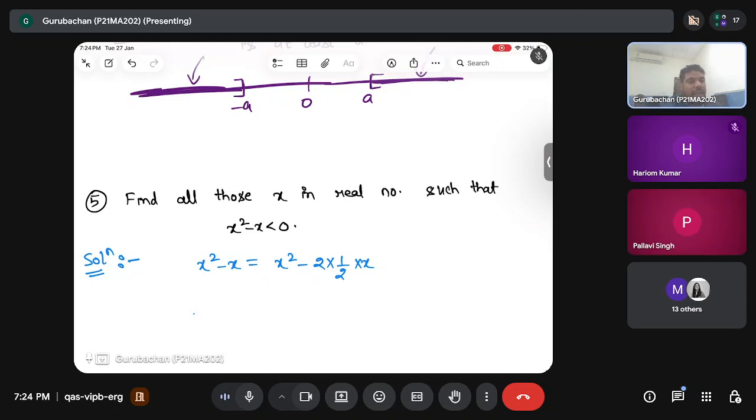Similarly, a minus b whole square is a square plus b square minus 2ab. So here it is 2 into 1 by 2 into x. So here what you need to add? 1 by 2 whole square, and subtract the same quantity to make both the quantities equal, LHS and RHS. So this will give you